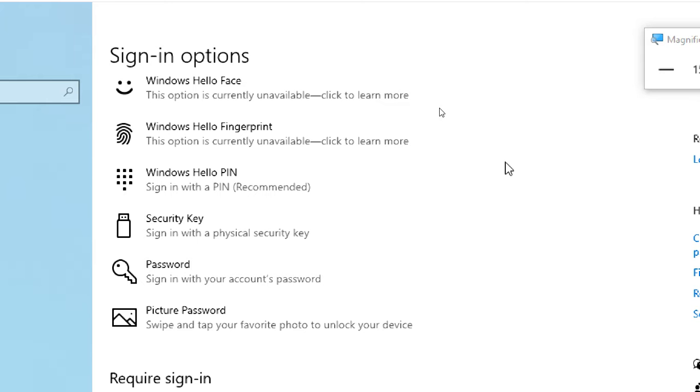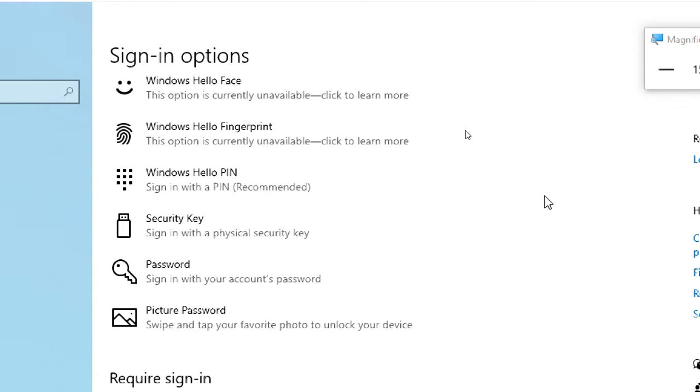What is this pin password? If you connect with your Microsoft account, or your organization related Office 365 account, or your own Microsoft account, then instead of asking for a password you have to type a pin. Like a mobile phone's pattern lock or pin lock, you can use a pin lock to open the computer, same thing. That is called Hello pin password. Now it is changed to Hello pin.